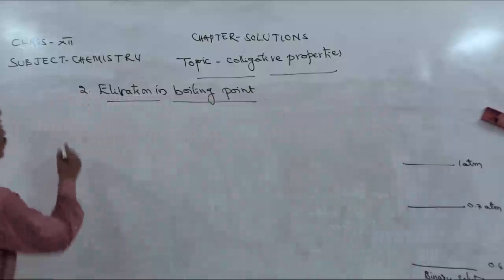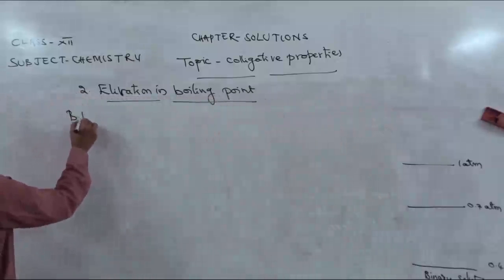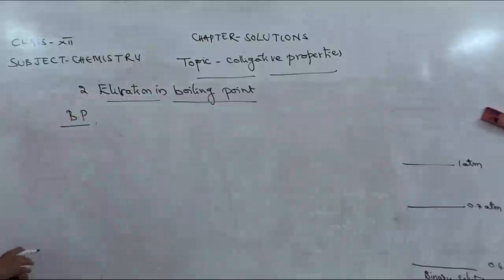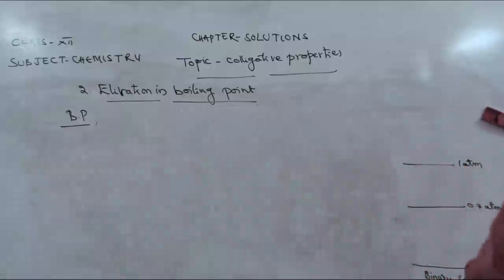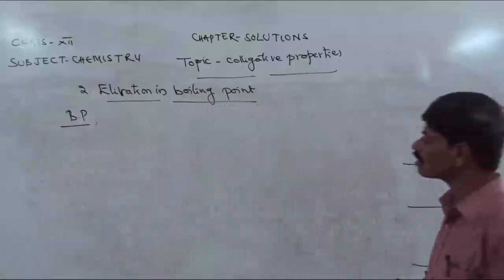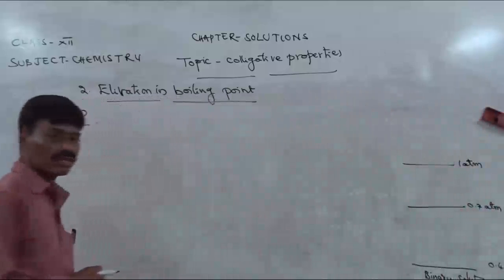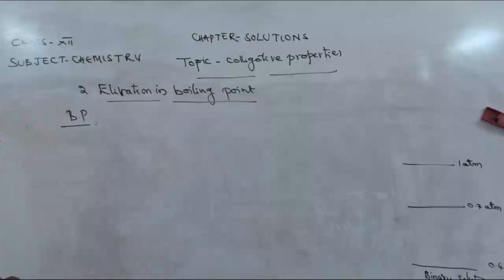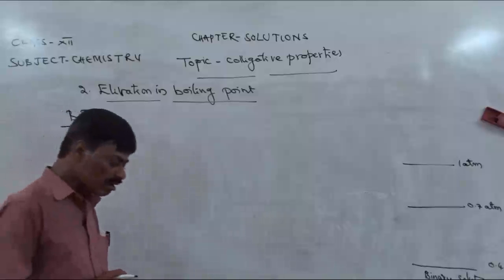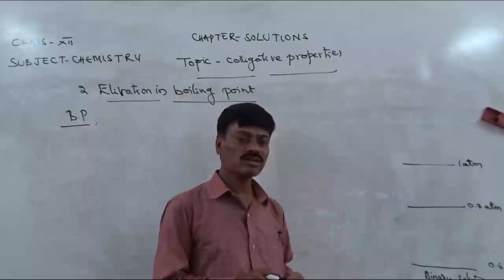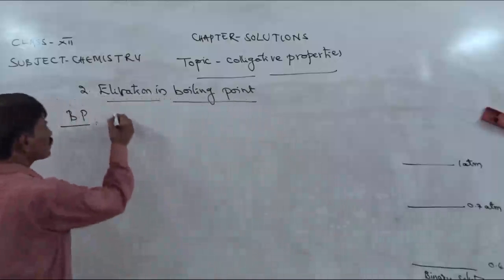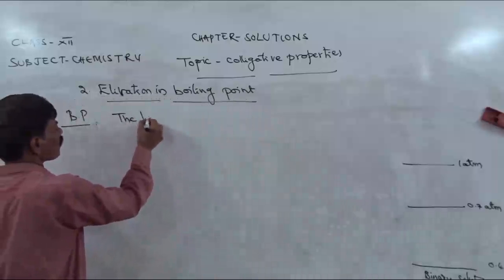So, boiling point can be defined in this way. Generally, up to class 10, the temperature at which the given liquid undergoes boiling is said to be boiling point. In that way, you might have defined, but here you need to define slightly in a different way. It is like this: the temperature at which vapor pressure of the solution matches with the atmospheric pressure is known as boiling temperature.